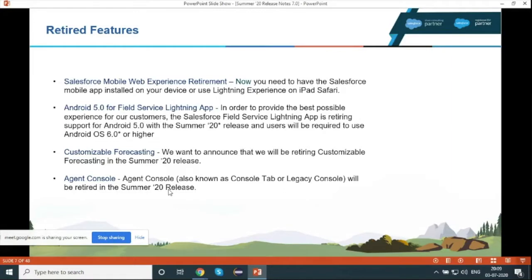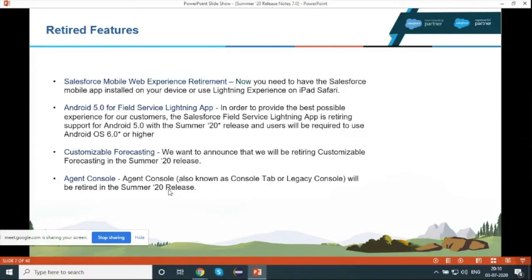Retired features. Salesforce retired some features which are not in use, or we can say users don't use them a lot. So let's talk about the retired features. The first retired feature is Salesforce Mobile Web Experience.